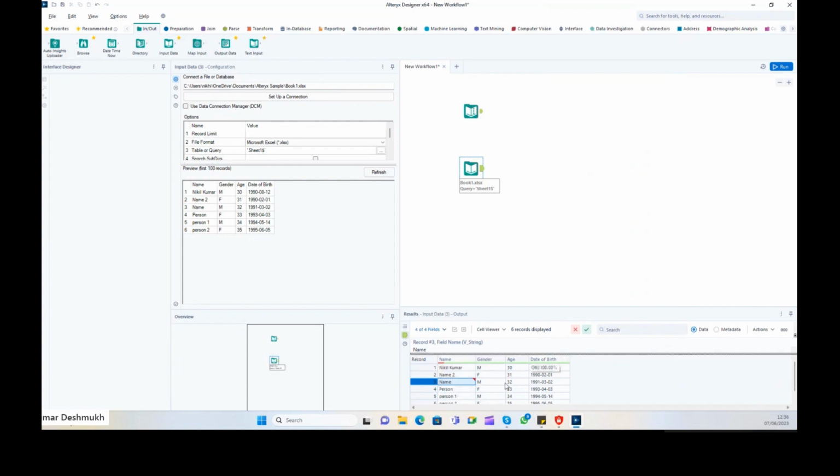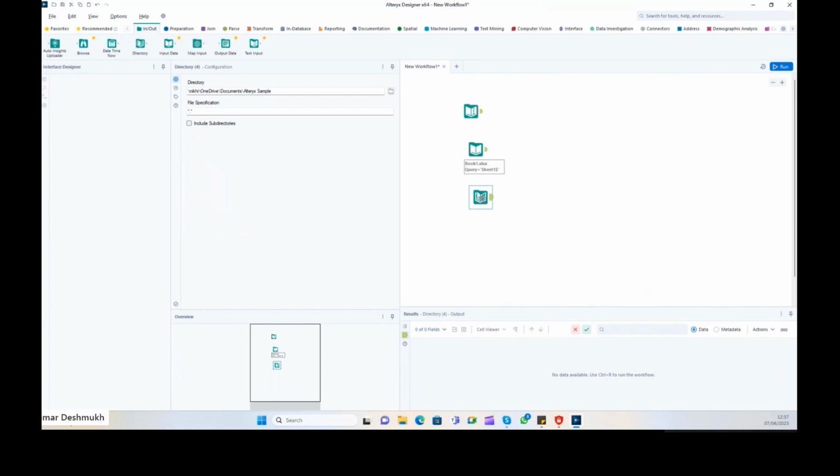You will come to know about all these things later on. Okay. So this is one of the secondary sources, where we can input the data. And the third source is directory. The directory is where